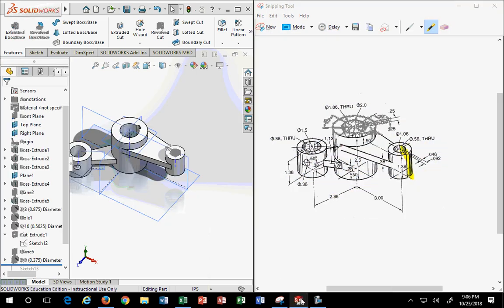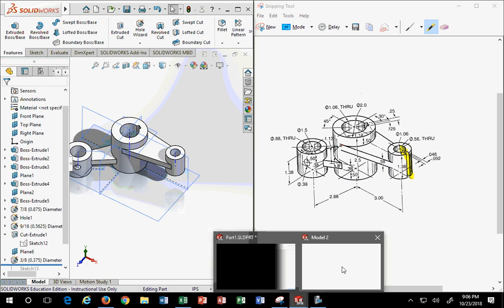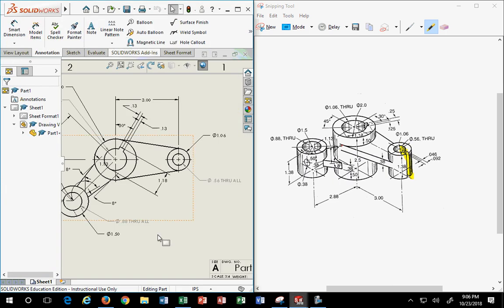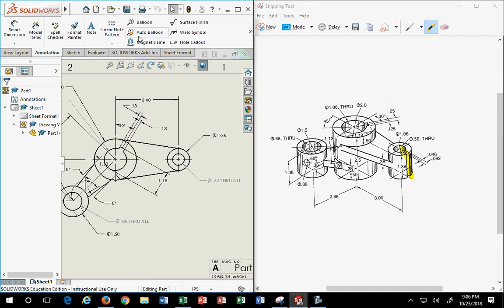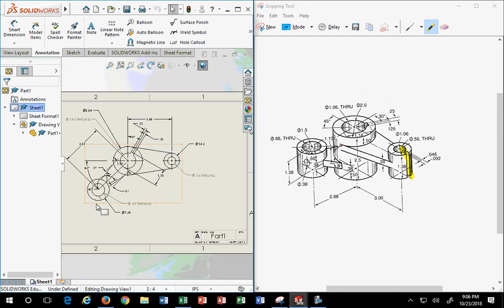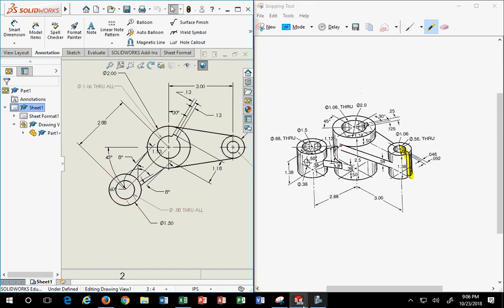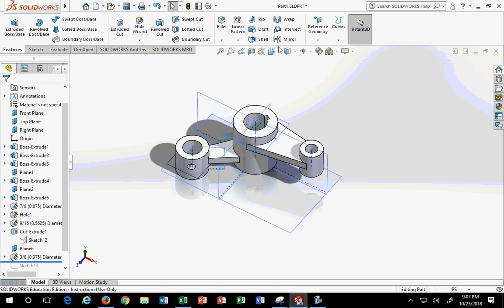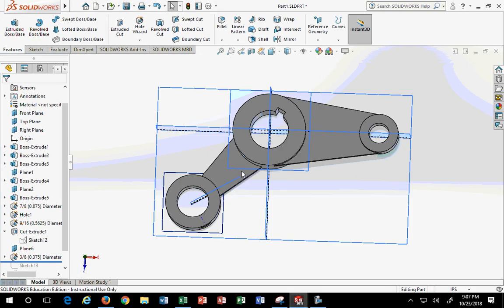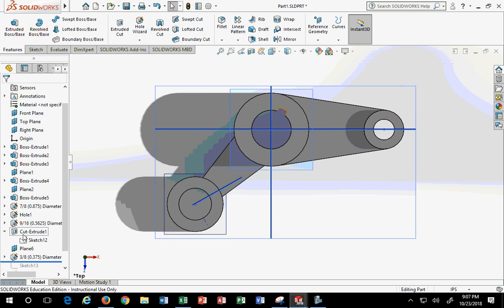I don't think I can show them unless I open up another session. So the dimensions you see in here directly come out of how I modeled my part, is what I'm trying to say. So if I go over here and show you this view, all that time I spent to make